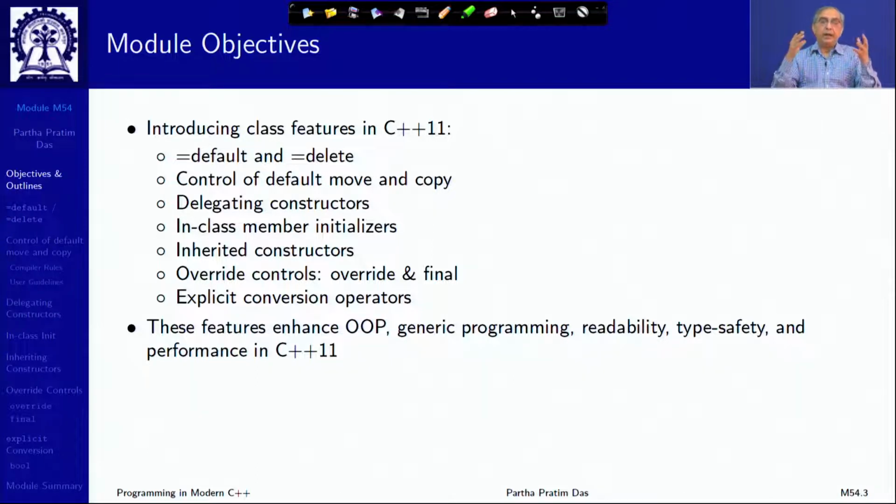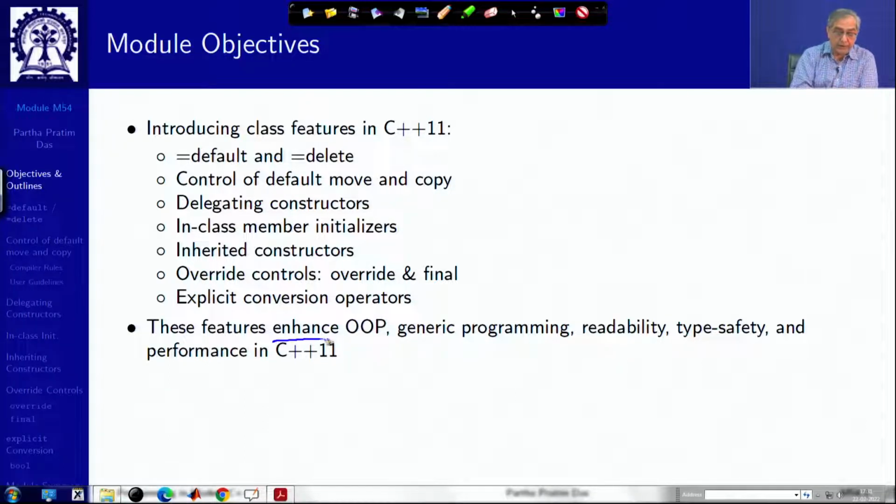Unlike, say, Rvalue semantics, Rvalue reference and move semantics, or lambda, which are big single features of enhancement in C++11, these features are small features which are standalone, but help to enhance the object orientation